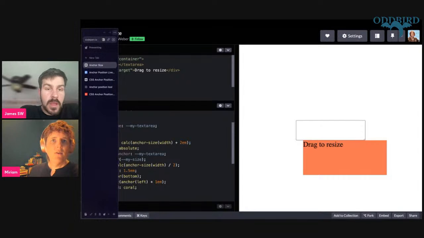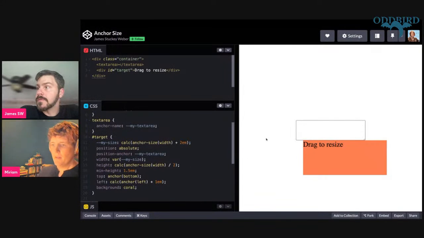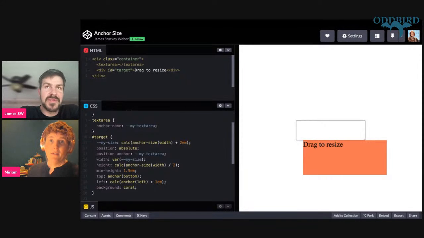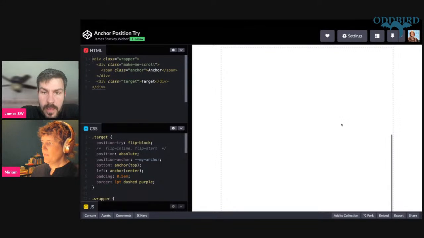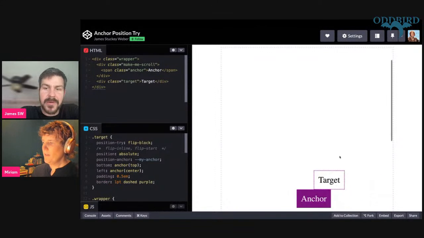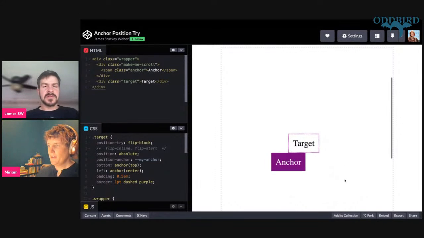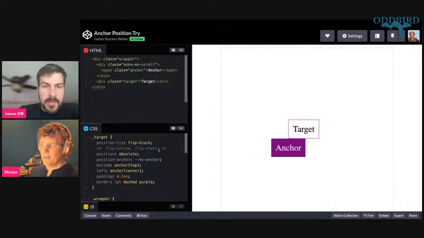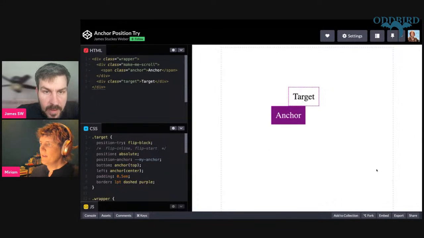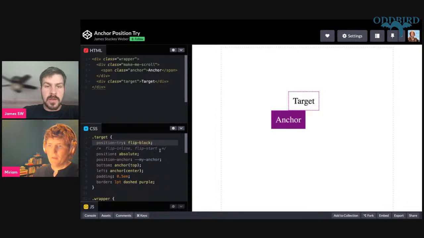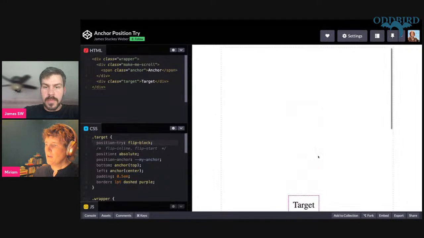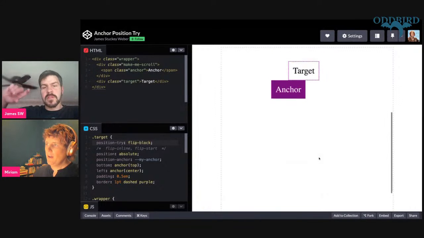All right. Another very tricky thing with JavaScript is fallback. You want to keep your drop down menu or whatever on the screen. I have two demos here. There's a position try. I think you need to scroll to the left a little bit as well. Trying to keep things visible, but also needing to demo the scroll part. So here we have position try on that target, set to flip block. Once the target goes off the screen, if you scroll up or that way,